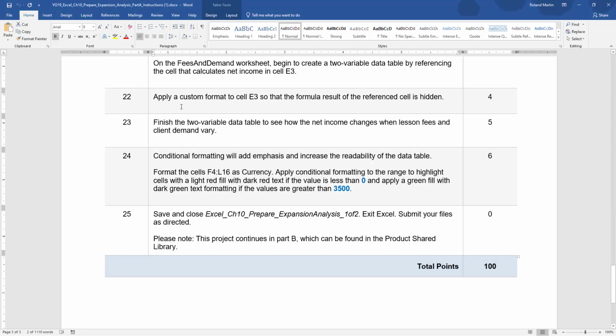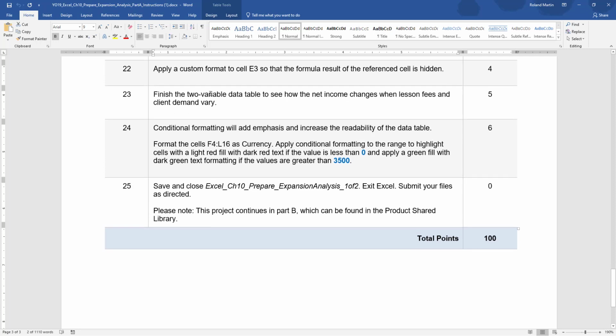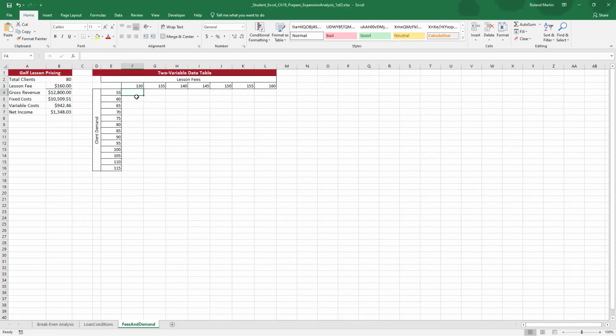Alright, so our next step is going to be step 23. We're going to finish our two variable data table to see how the net income changes when our lesson fees and our client demand varies. So let's go ahead and go back and select our table, which is going to be E3 through